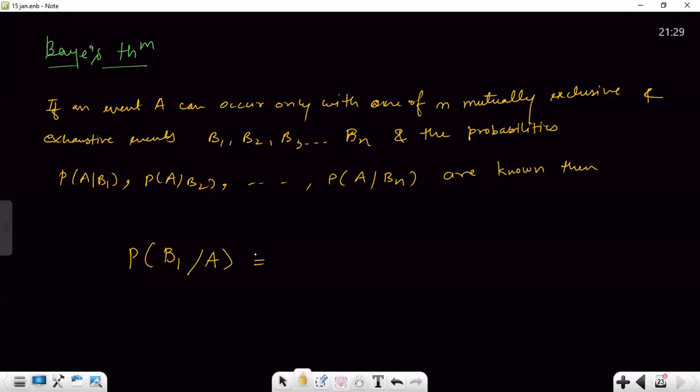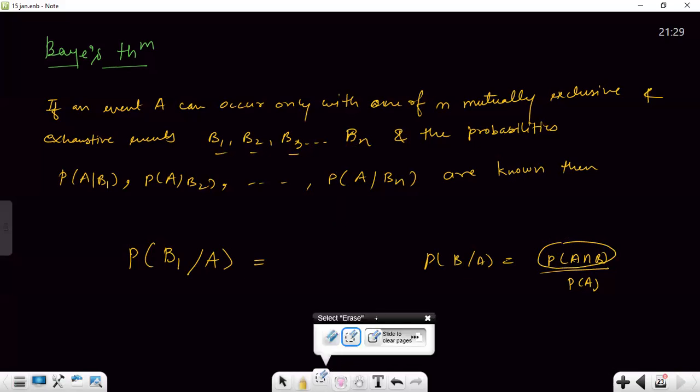In earlier conditional probability, the probability of event B when A has happened was probability of A intersection B over probability of A. But this time, there are multiple cases, B1, B2, B3, till Bn. So it's not convenient for us to find the probability of A intersection B1, B2, B3. That is why we are referring to this